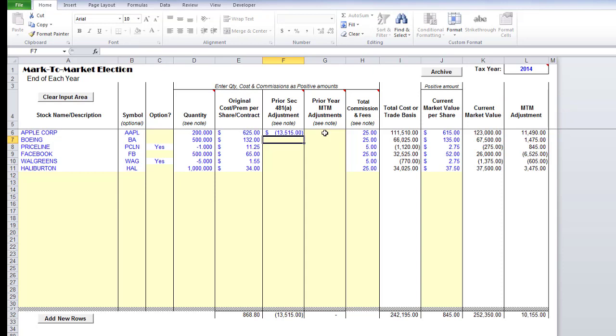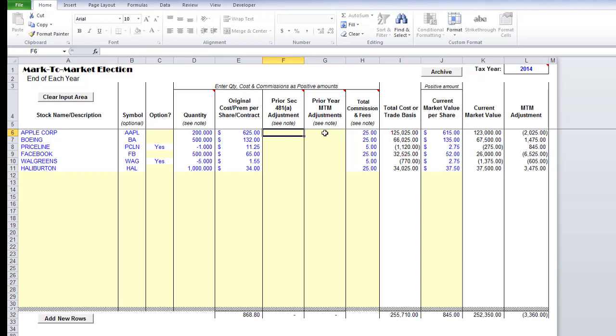So in an up market, this can be a bad thing. In a down market, it can be a benefit to you. So whatever these accounting pundits said about that's malpractice for not making the mark-to-market election, they just are not seeing the big picture. Go ahead and delete this. But anyway, you can walk through here, and this is just the adjustment that has to be made